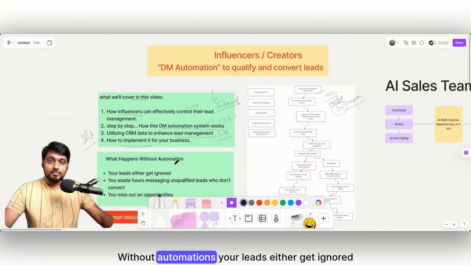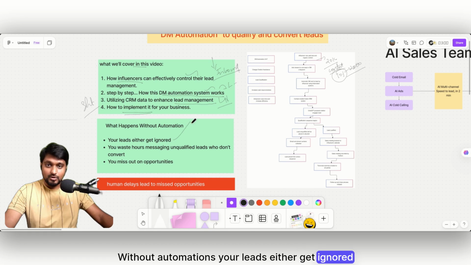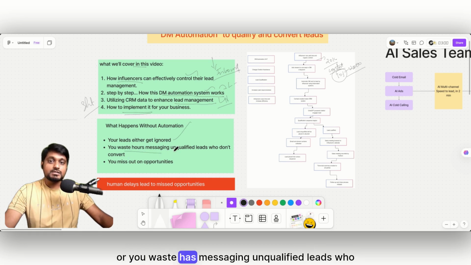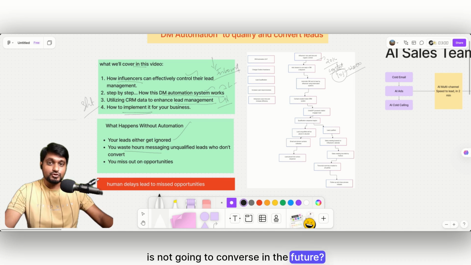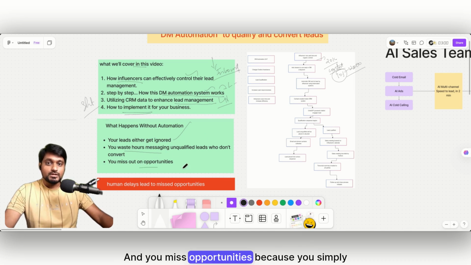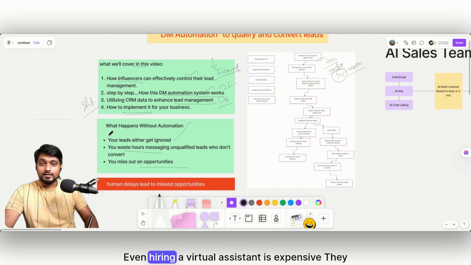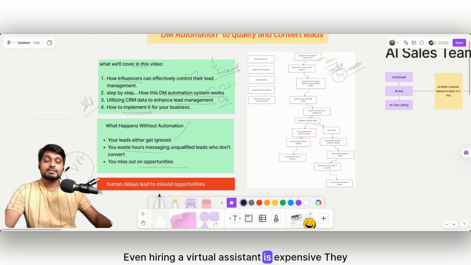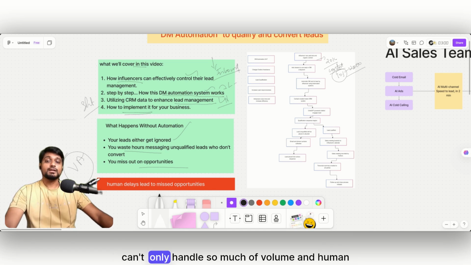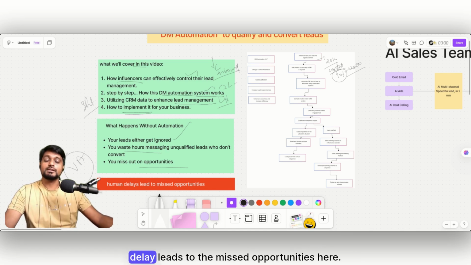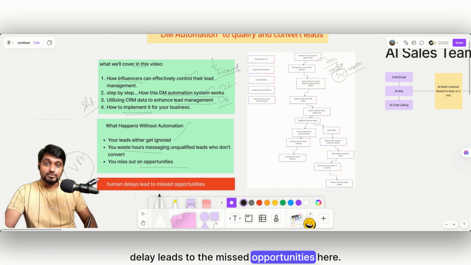Without automation, your leads either get ignored or you waste hours messaging unqualified leads who are not going to convert in the future, and you miss opportunities because you simply don't have time to respond as fast to your leads. Even hiring a virtual assistant is expensive. They can only handle so much volume, and human delay leads to missed opportunities here.